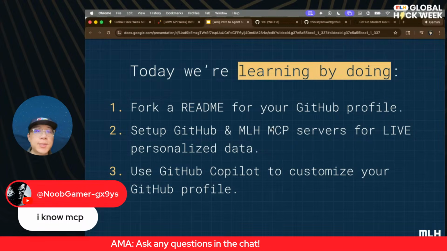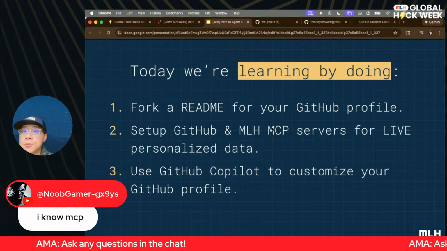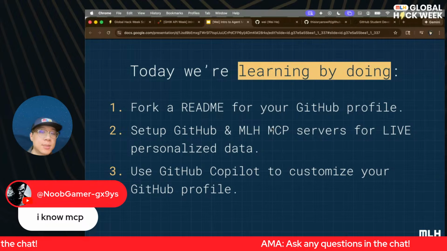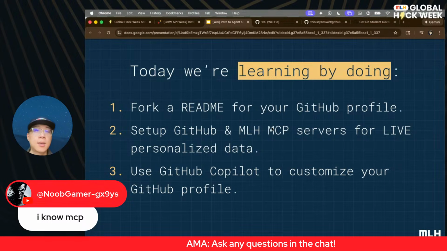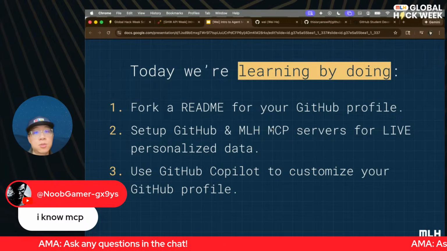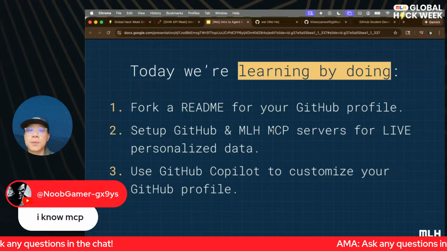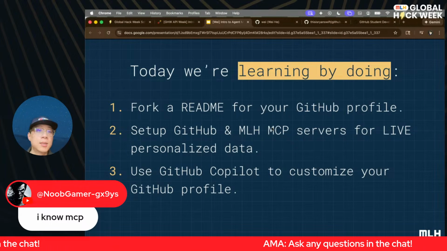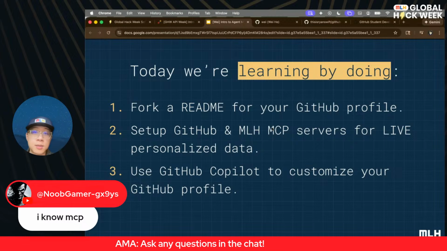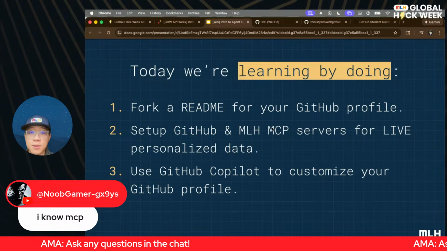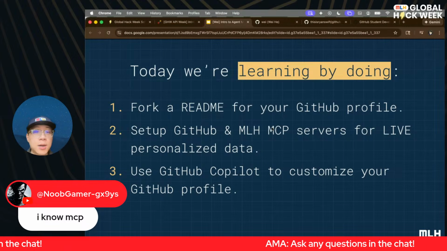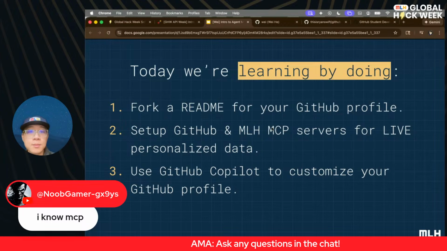And we're going to set up GitHub and MLH MCP servers so that we can get access to live personalized data, things like the projects you're working on, maybe your resume, the schools you've been to, the jobs that you have taken, what are your favorite programming languages? For me, it's JavaScript, TypeScript. We'll see if our GitHub MCP servers are able to identify that from the projects I work on,